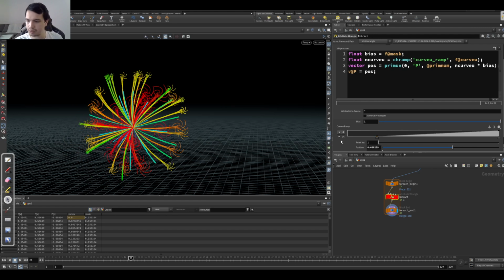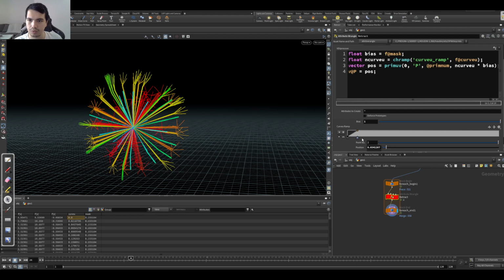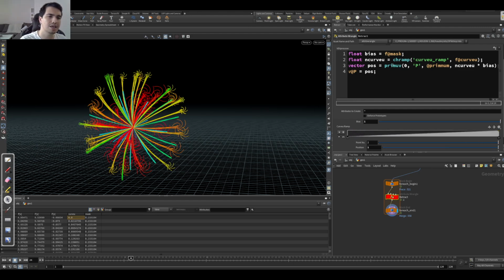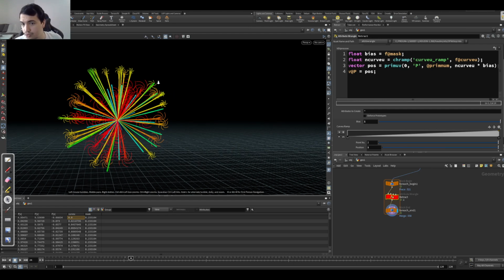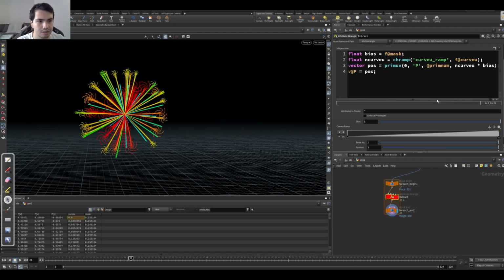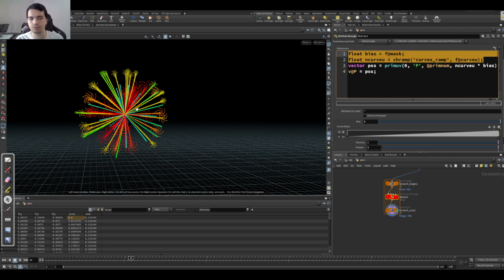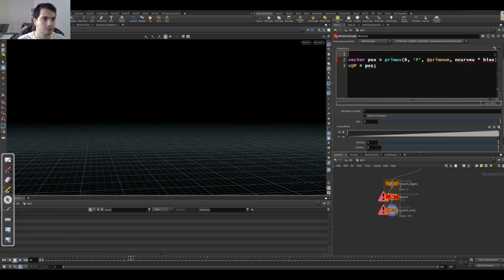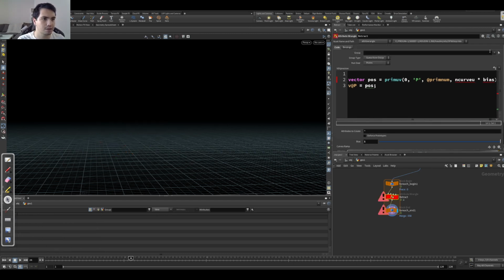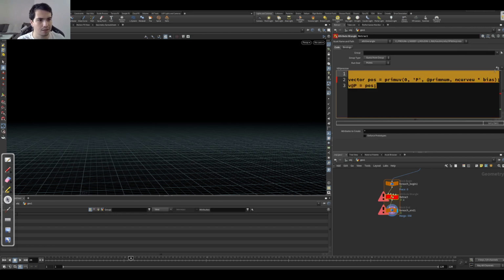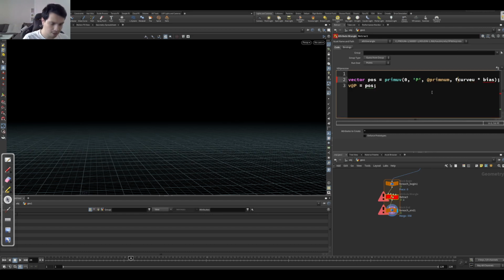So maybe we need to rewrite this part as well. Let's check it out first of all. Oh, okay, yes. Maybe we shouldn't use the ramp for the curveview attribute. We just use it as it is. We use it for the bias mask. So let's rewrite this part. This doesn't do what I want right now. Okay. Now I will just delete all parameters to start from 0. Actually not 0. I like this part. This part can stay. f@curveview